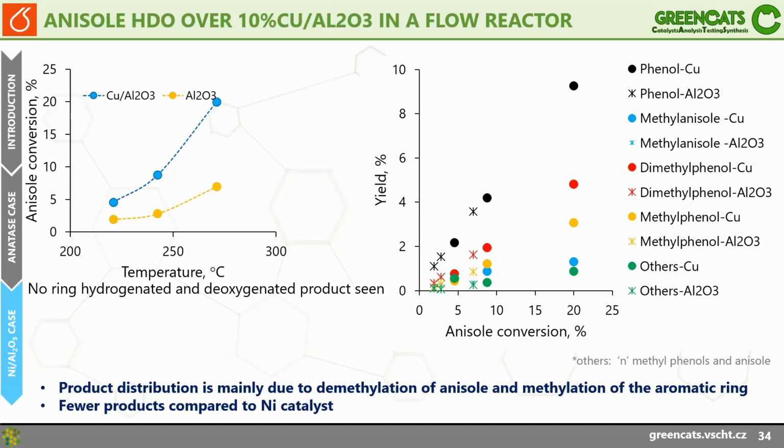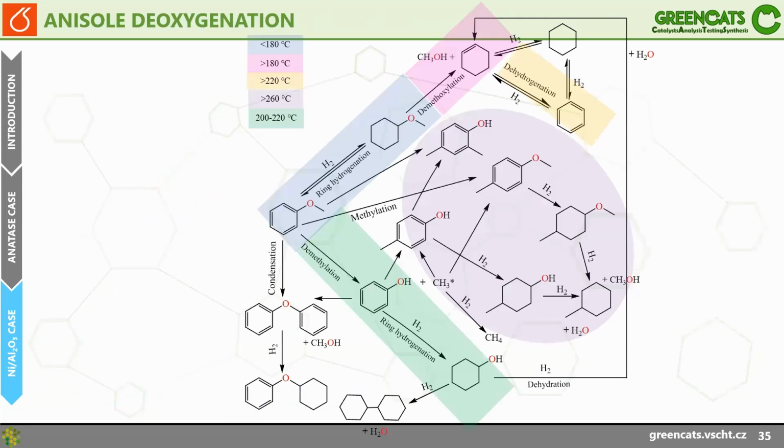And of course, since we don't have the aromatic ring hydrogenation, we have much less products. Well, this is then how we can make things complicated with this simple molecule of anisole. So looking at this, you can see the different ranges by color coding. At the lowest temperatures, we have favored the hydrogenation step that you can see here, only the ring hydrogenation, and then we can have the demethoxylation here